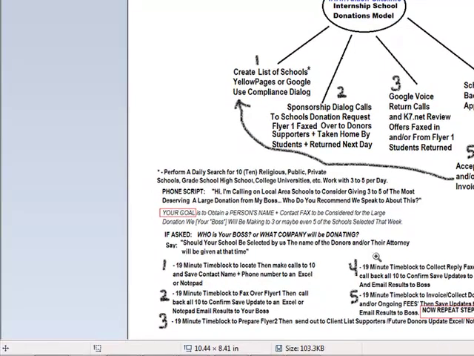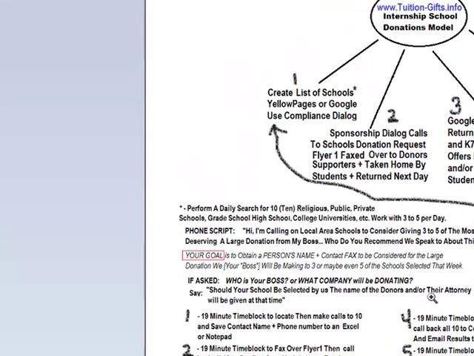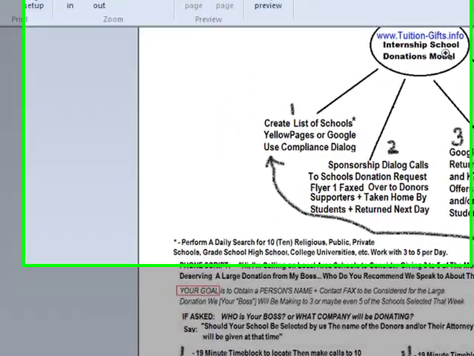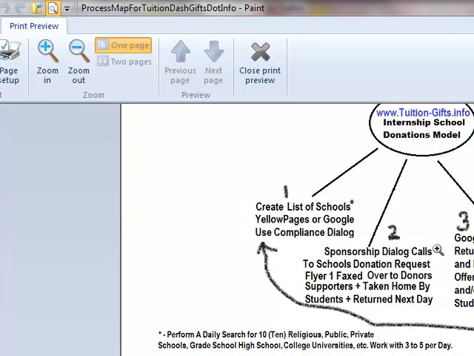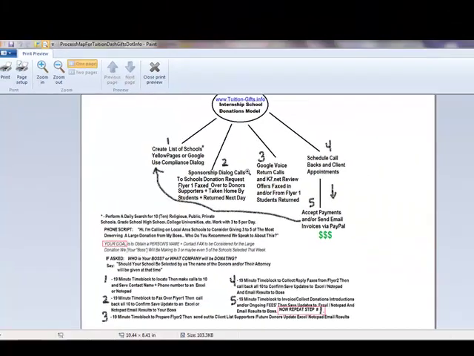Once again, I know it seems a little bit convoluted or incomplete, but this is just an introductory video to get you familiar with the process of working with Tuition-Gifts.info. If you're really serious and you can do this 2 hours a week, or 2 hours every 2 to 3 days, so 2 to 3 times a week, feel free to give me a call at